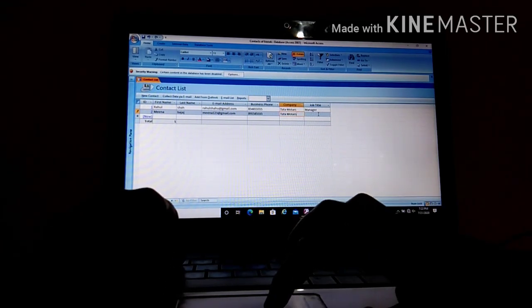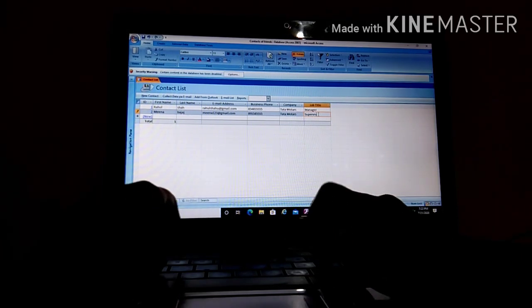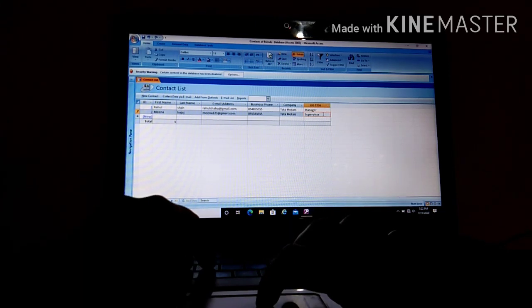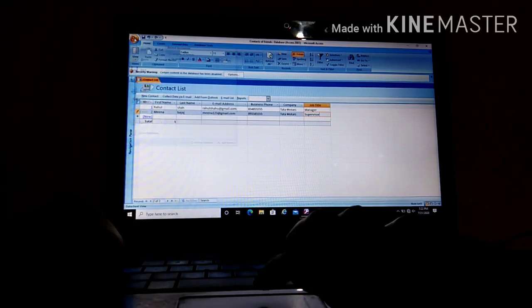The designation. Okay, this is the way you can create the contact list, and then you can save this information. Click on the Office button, then save. The data will be saved.